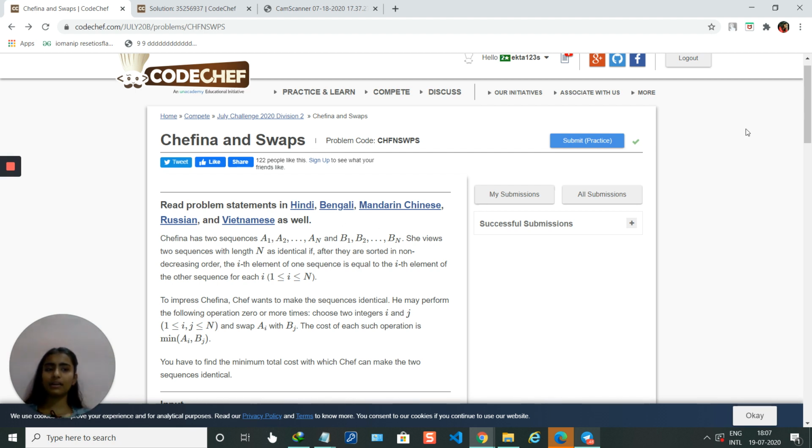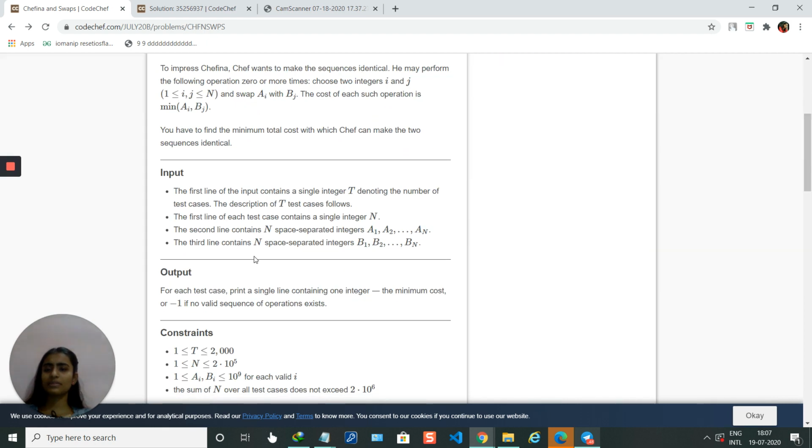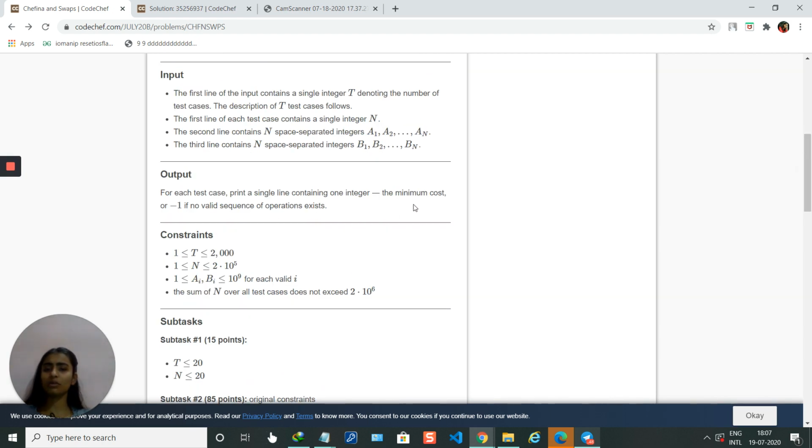The input is given as T denoting the test cases, the next line has n, the number of elements, and then two sequences each containing n elements. At last we have to output the minimum total cost, and if it is not possible, then we have to print -1.